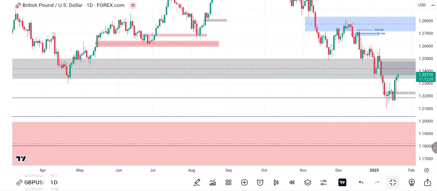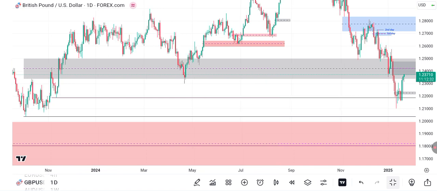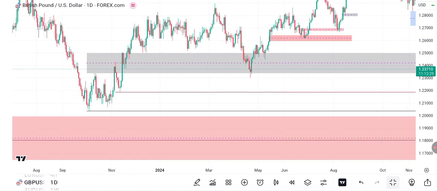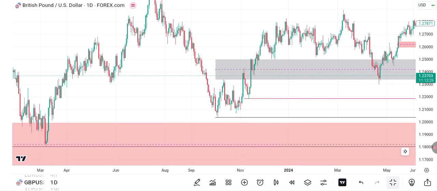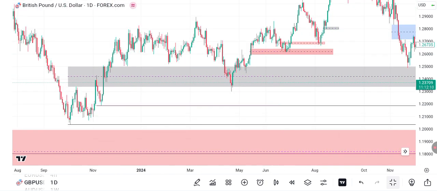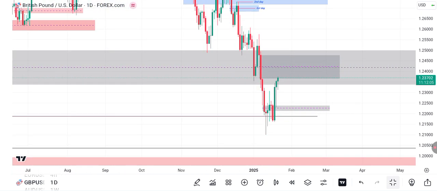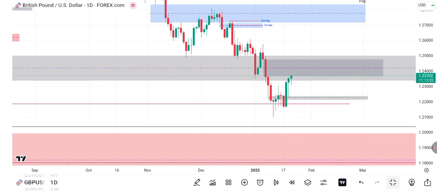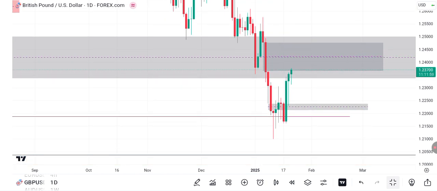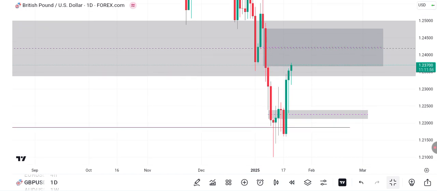What can we see here? Also, after price had entered into the old low, this is the old low here. This particular old low, this is an old low that I want us to take note of. So price entered into the old low, around here on the monthly time frame is the rejection block. So the old low, price entered into it. This is a daily time frame, and these are the kind of setups that I've been seeing